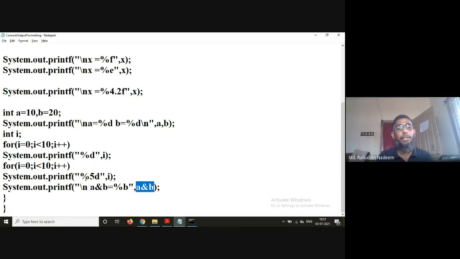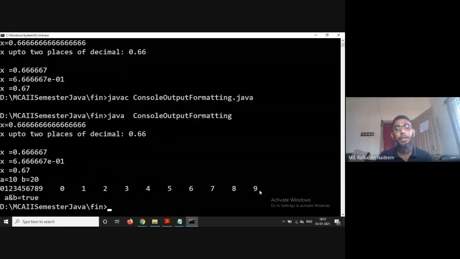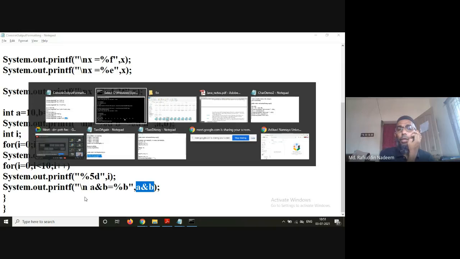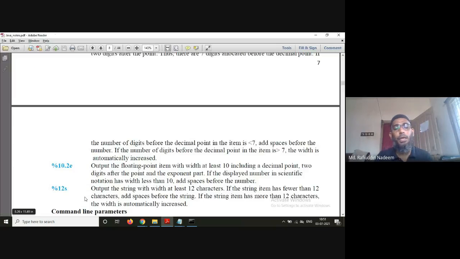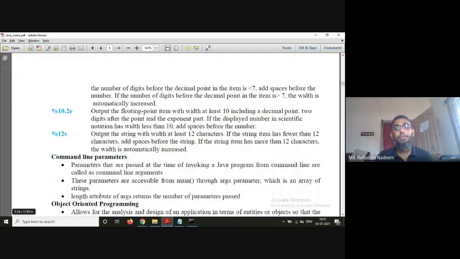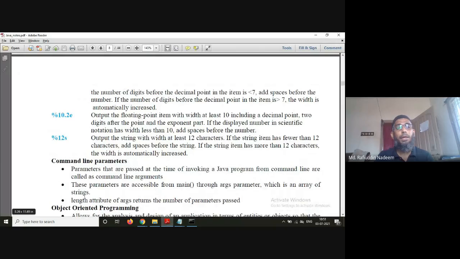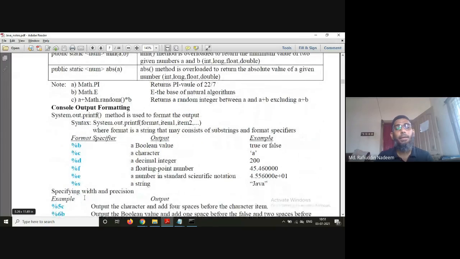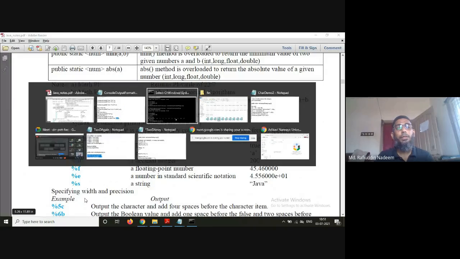But when you are using %5d, there is a space between the numbers. Then finally A and B, true is displayed. Got it? So you can use this console output formatting with format specifiers along with printf to display the values.